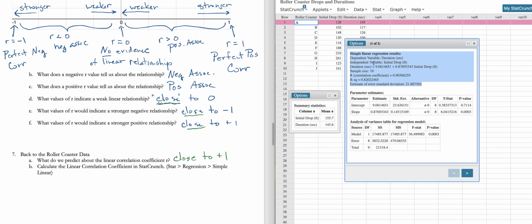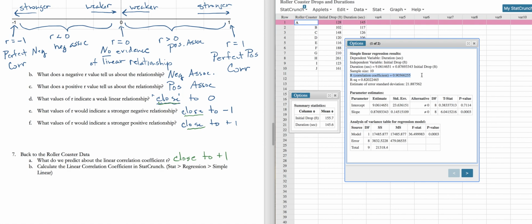So if we take a look at the top, the independent variable, that's our x. We set that up as initial drop. And then our dependent variable is the y, so that is our duration. Sample size, we had 10 pieces of data, and here is the only thing we're interested in right now,